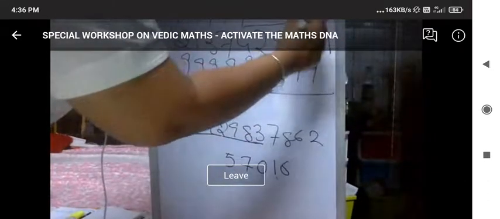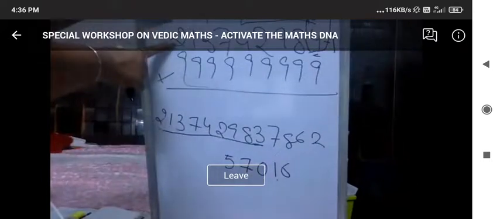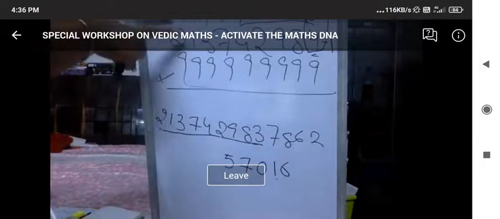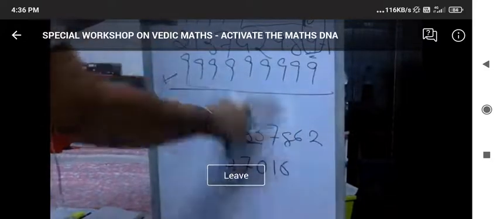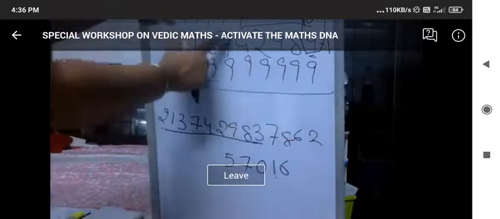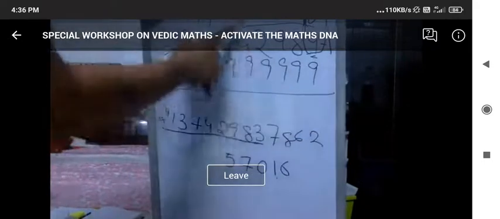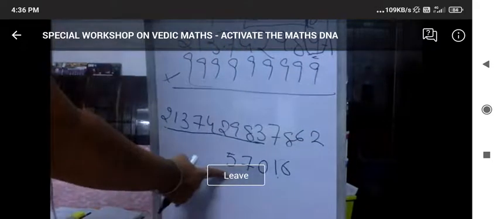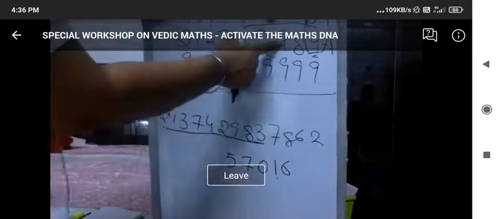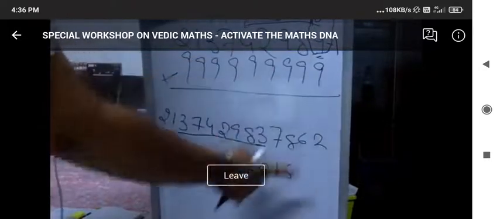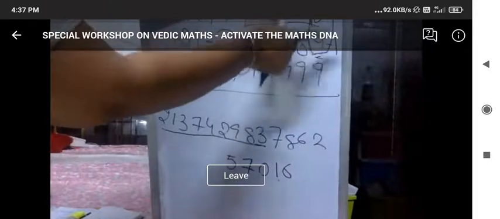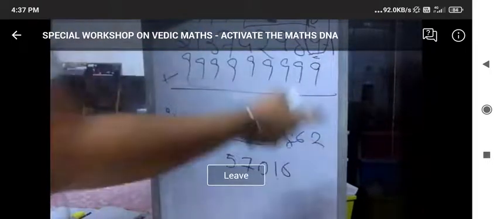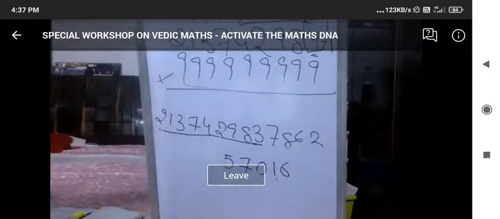Let's see. So when you say 9 minus 2, subtracting 2 from 9, 9 minus 2 is 7. 9 minus 1 is 8. 9 minus 3 is 6. 9 minus 7 is again 2. 9 minus 4, 5. 9 minus 2, 7. 9 minus 9, 0. 9 minus 8, 1. And in the end, be careful. Here we have 10. 10 minus 4 is 6. I got my answer. Hope this is clear.